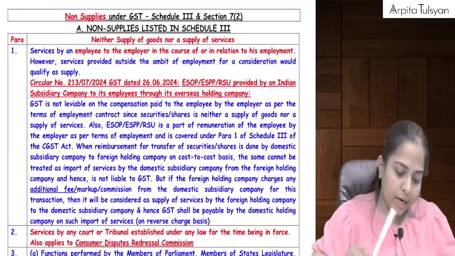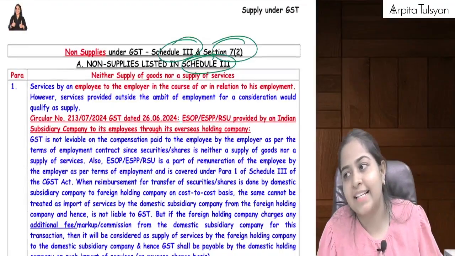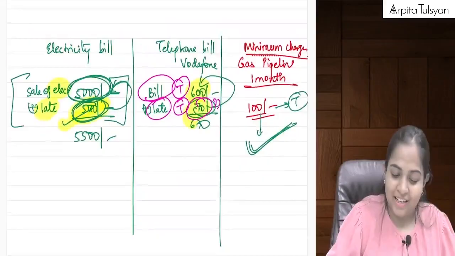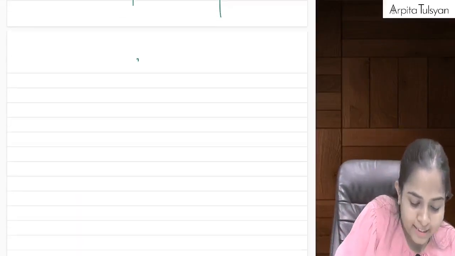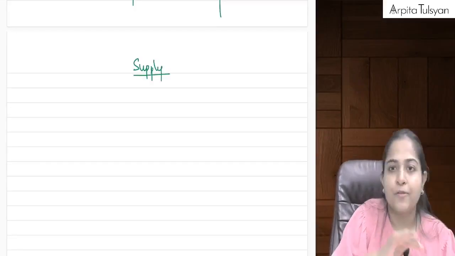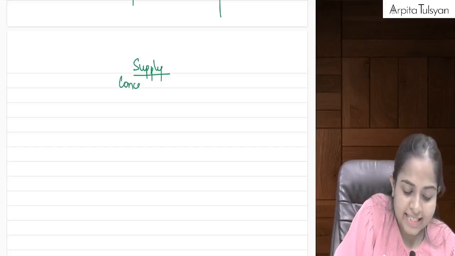Chalo, let's go ahead. Let's start with the next part, that is schedule number 3 and section number 7.2. Let's quickly see now what all things we have done and how far we have come. So we started with our supply chapter, and in the supply chapter, first we did all our basic definitions, etc. Then we started with the concept of supply,